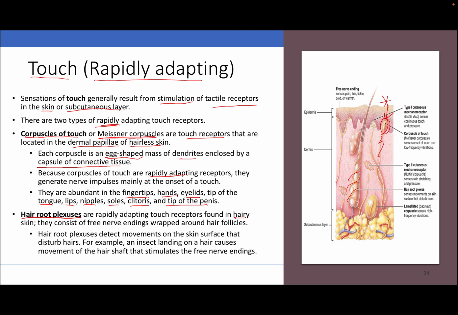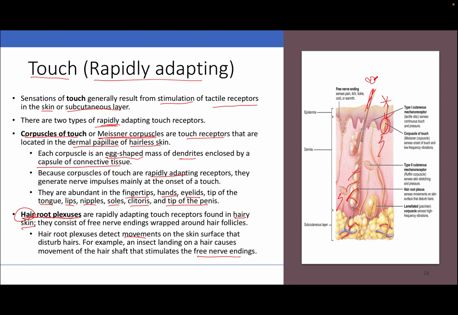The hair root plexus are also rapidly adapting receptors. These are found on hairy skin, as they are associated with hair, obviously, and are basically just free nerve endings that wrap around the hair follicles. Right? Now, the hair root plexus works by detecting movements on the skin surface when that little hair gets disturbed, right? So when a bug lands on you and disturbs our little hair, okay, this is going to generate our nerve impulse whenever those free nerve endings are being stimulated, sparking up our nerve impulse. So those are our rapidly